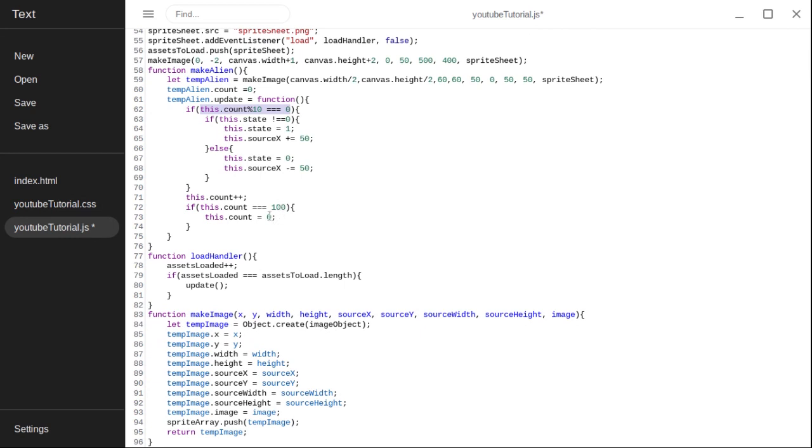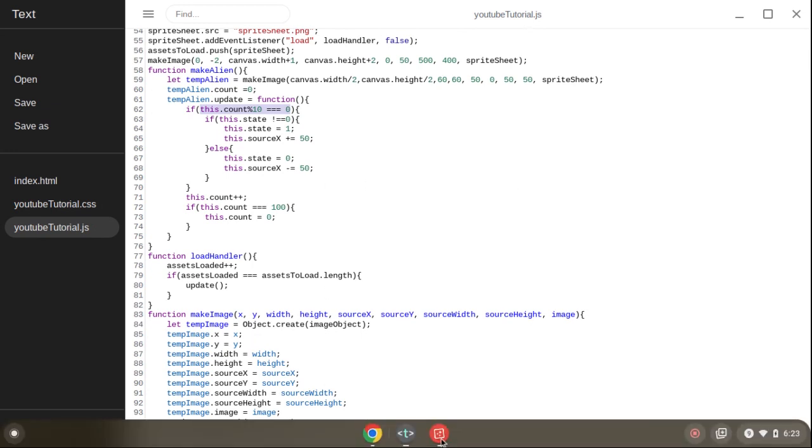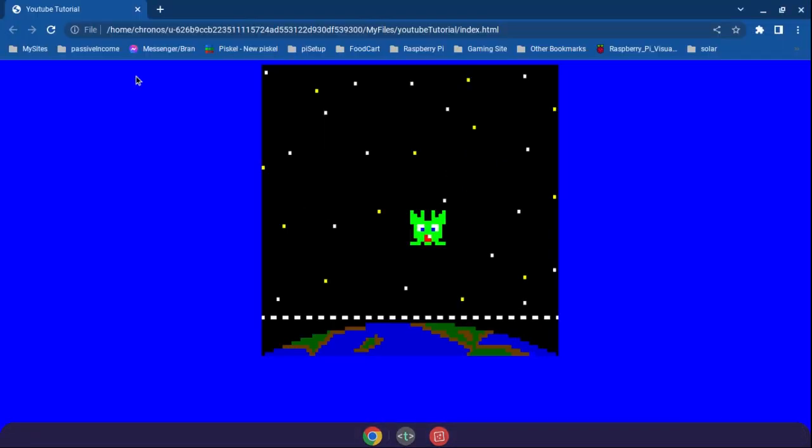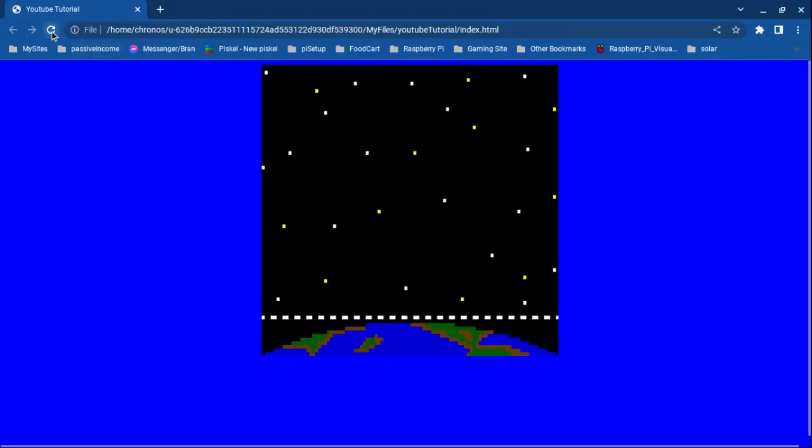Okay. So what we've actually done, if we've done this correctly, is every time it updates, it'll move the source X 50 to the right, and it'll show you the picture immediately to its right. And then the next 10 frames, it'll move it back 50, and it'll look like it is flipping between those two pictures. But now,